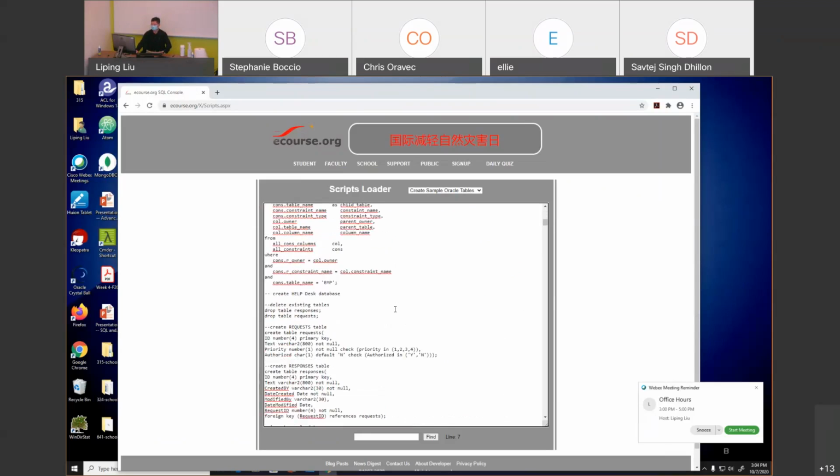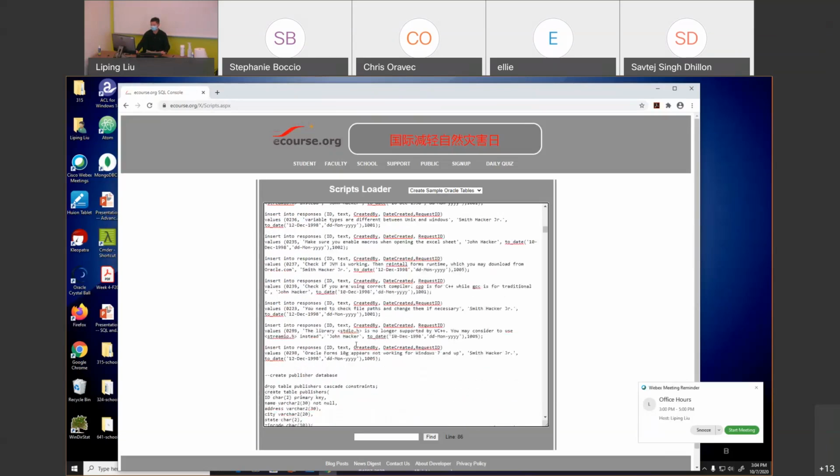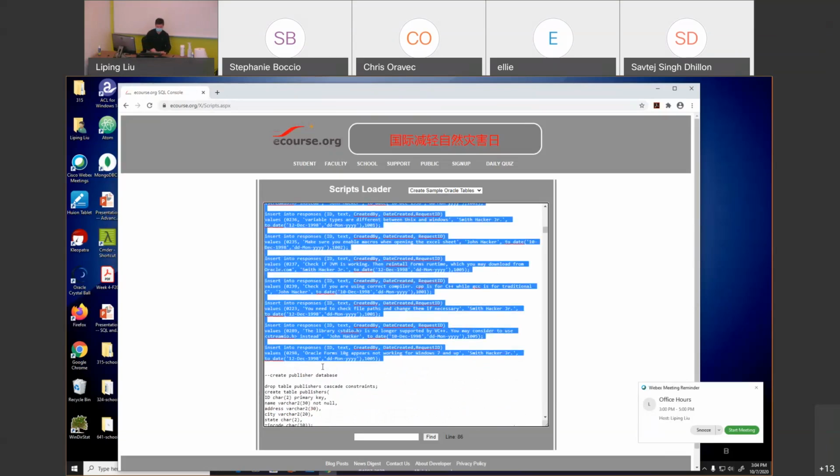And then you'll be able to see a couple of places. First one is create a help desk database. Okay, create a help desk database. So I'm going to select from that. This dash means comment. So basically it's a remark, not an actually executable command. So just a comment. Okay, and copy that all the way to here, where it says publisher database. Okay, before that, copy everything,